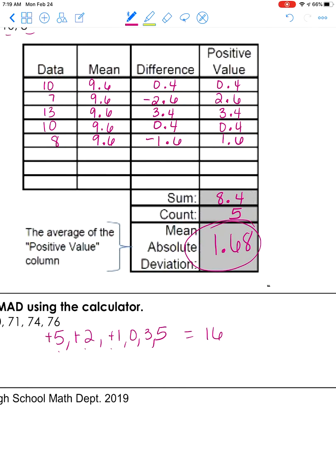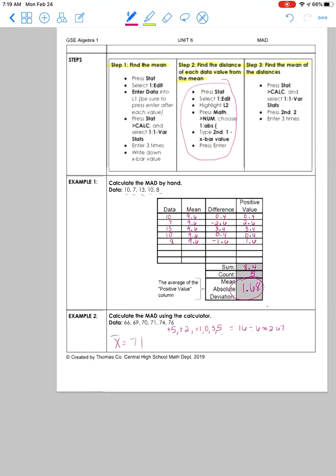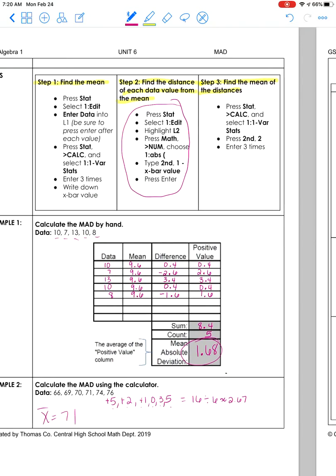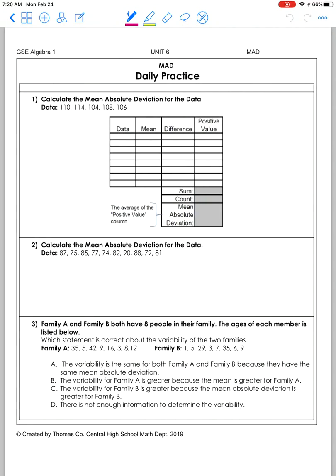And then how many pieces of data? 1, 2, 3, 4, 5, 6, divided by 6. And I get a repeating decimal. So I'm going to put approximate instead because I'm going to have to round it, 2.67. All right, so my calculator didn't work quite the same, but that's okay. All right, so now that you've done that, go over here to the next page and you can do your